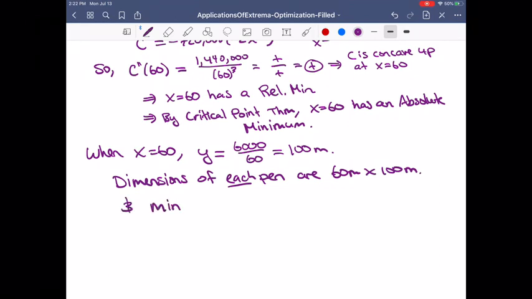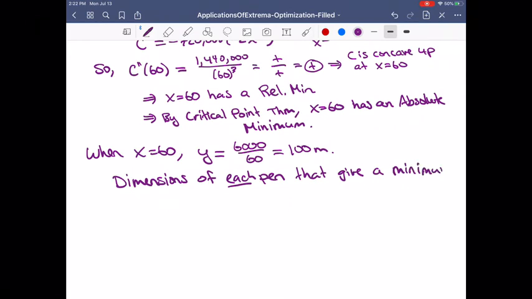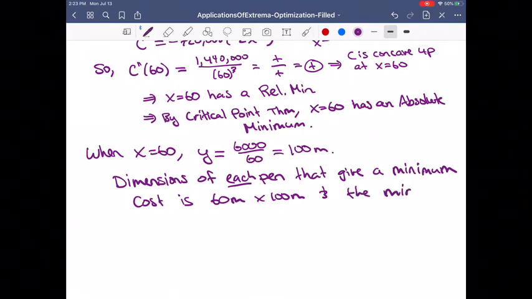Actually, maybe I should say the dimensions of each pen that give a minimum cost is 60 meters by 100 meters,